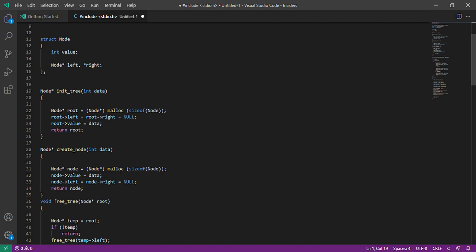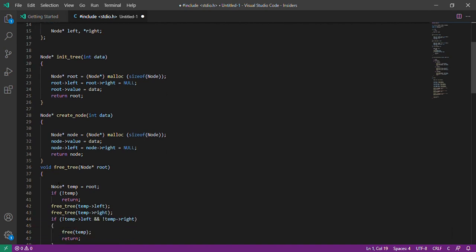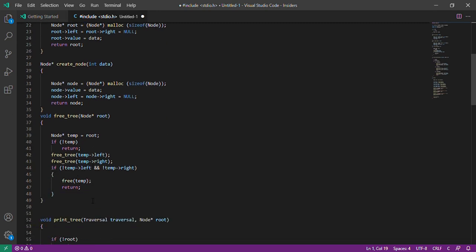This function in the program creates a new node. Then next, it deallocates the memory corresponding to every node in the tree.